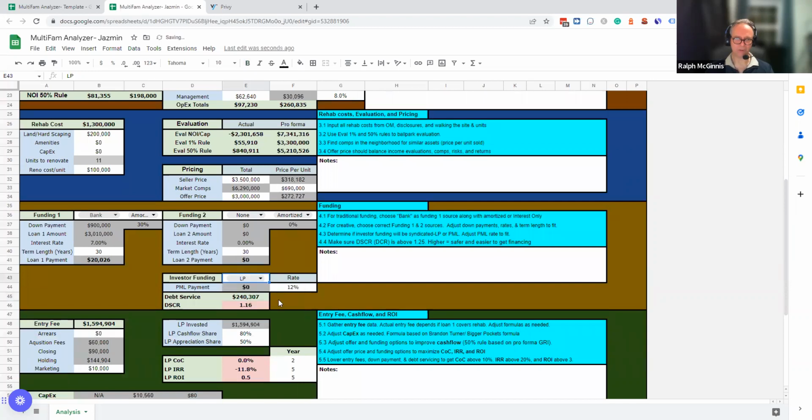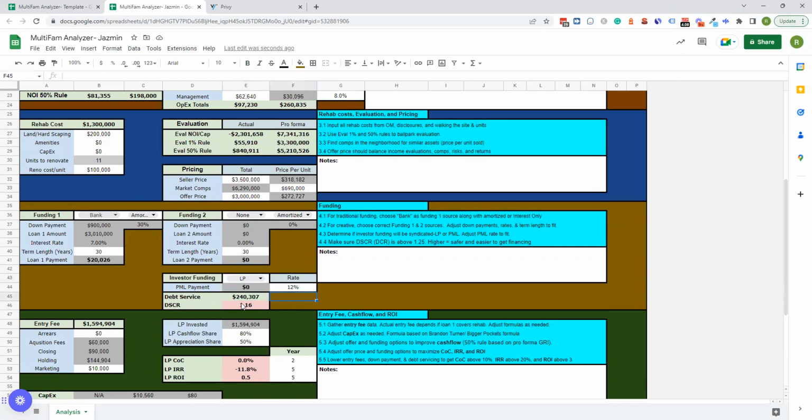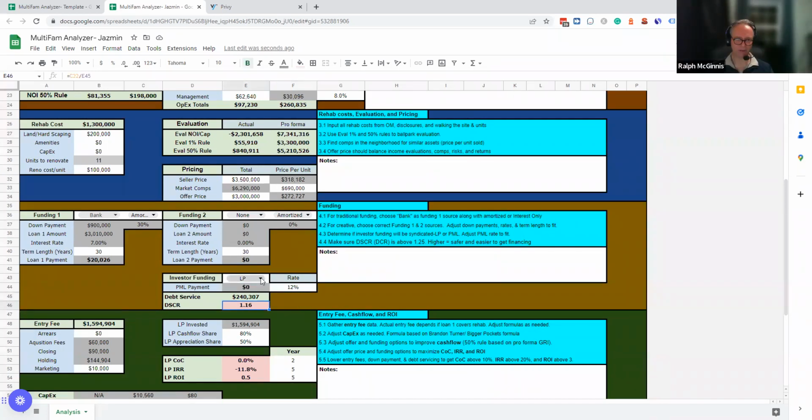So the only way you could do it is either private money, a silent partner, a JV partner, that they bring the money and you do the work, or you do a syndication deal, which you have to go through a whole bunch of legal processes to accomplish. Oh, boy. Yeah, but even then, if you use a partner as opposed to PML, you're only at 1.16